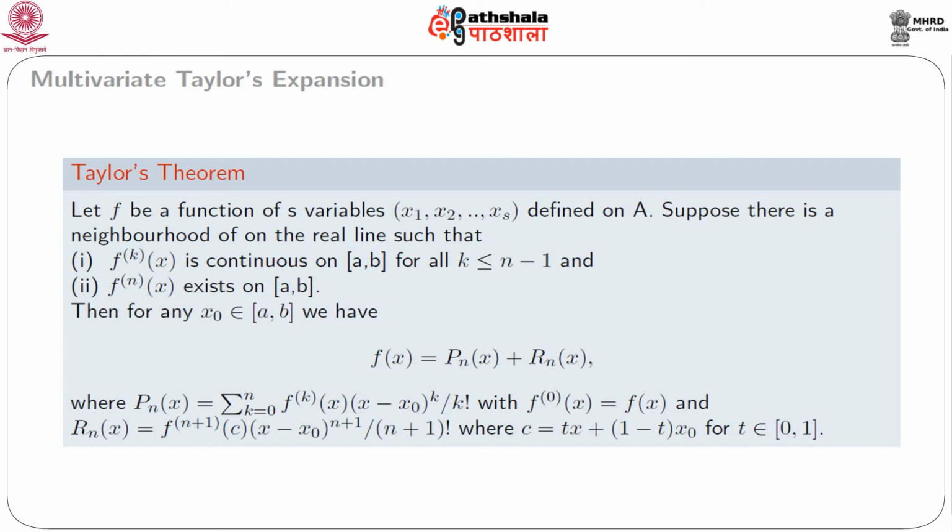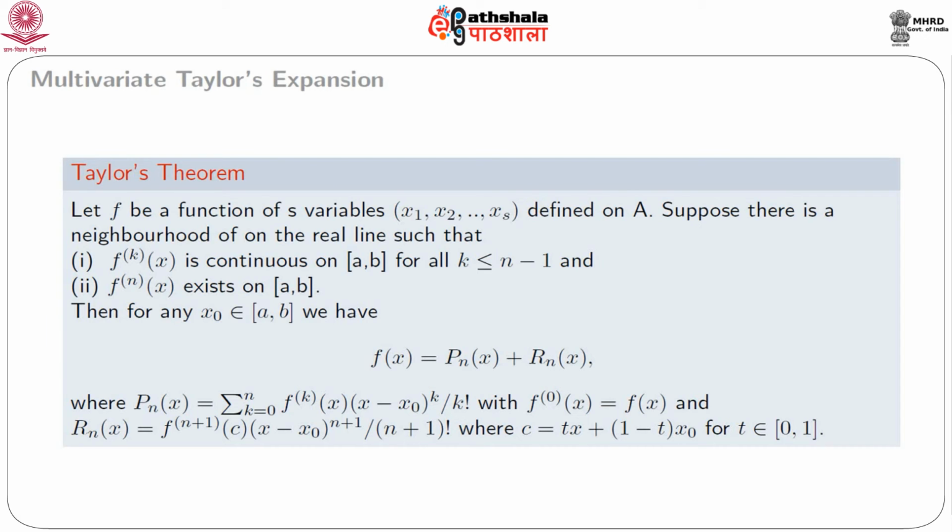Let f be a function with s variables, and suppose there is a neighborhood of a such that f and its partial derivatives up to order L plus 1 are continuous in that neighborhood. Then for every x belonging to that delta neighborhood, we have f(x) equal to f(a) plus summation k from 1 to L of 1 by k factorial multiplied by the operator ((x minus a) transpose multiplied by nabla) to the power k, acting on f(a),